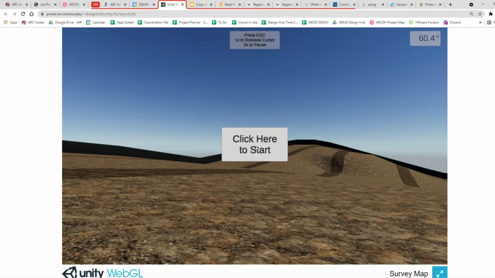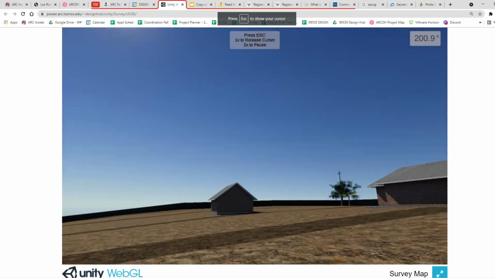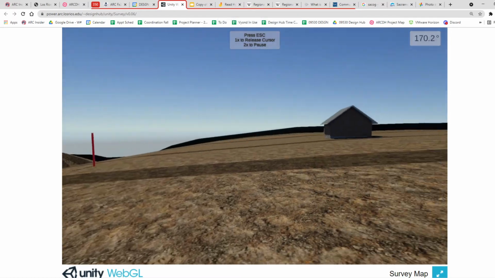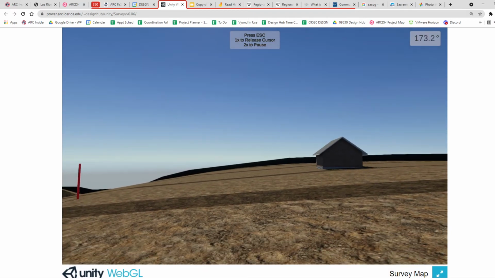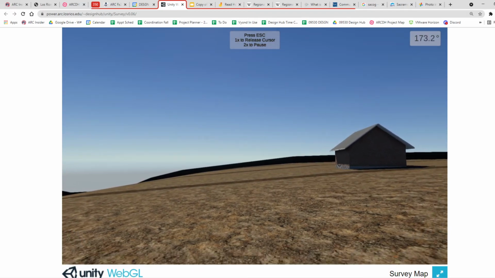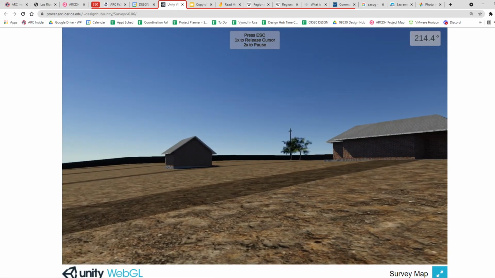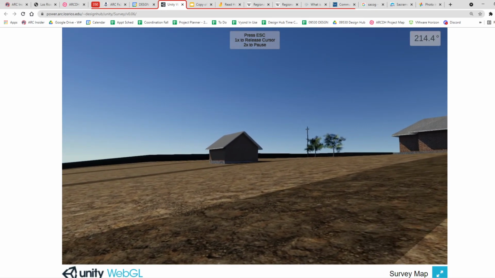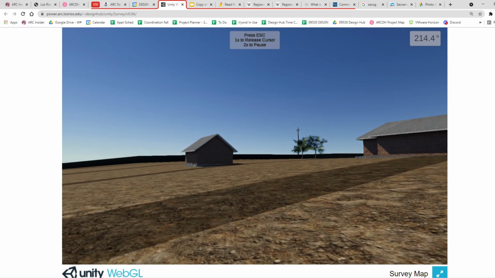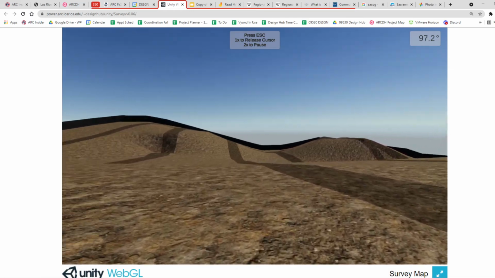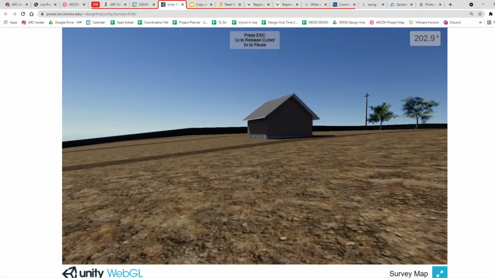So I'm going to click here to start. Here's how you do it. First of all, look around. Here's a big empty site. Okay. Press the W key, the S key. I'm looking around with the mouse. Here's the A key, the D key. Wherever I'm facing, that's forward. So what I want you to do is just go put some